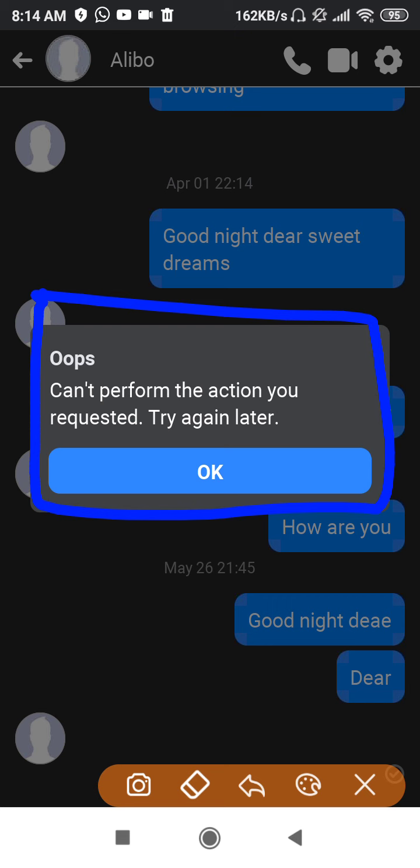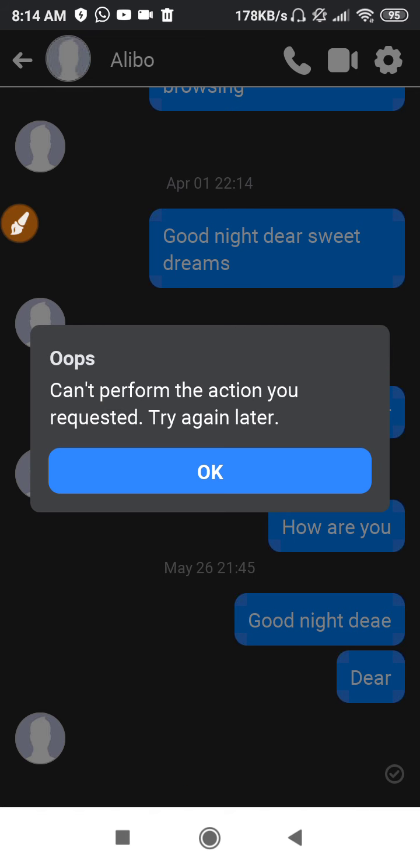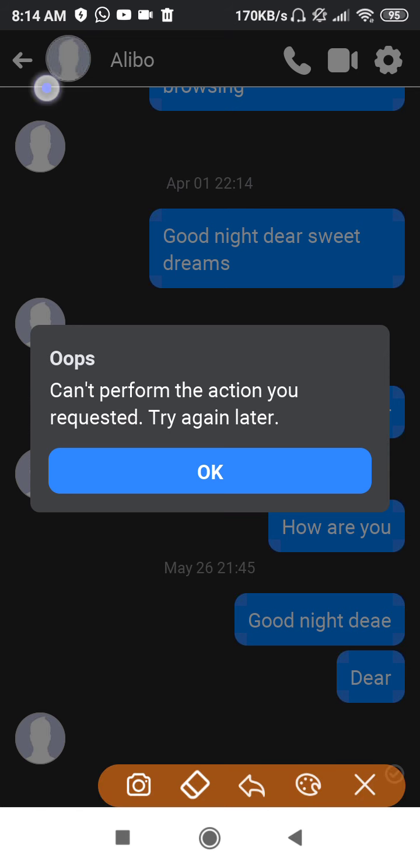So I hope now you know the solution, because there is no solution for it, until and unless they get their account back or unblock you. Until then you cannot do anything in this problem. But if you know them, for example, I know this person, who was my classmate.